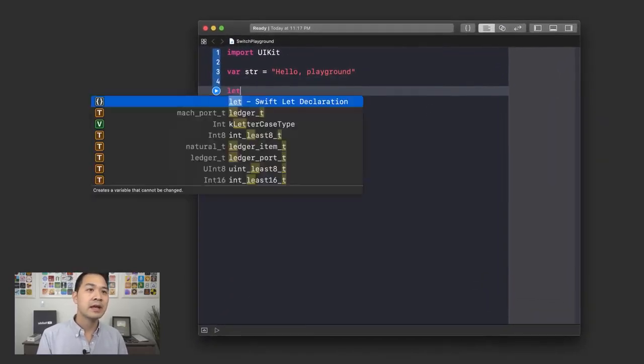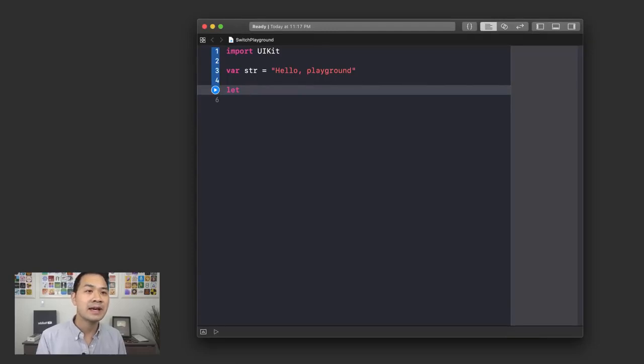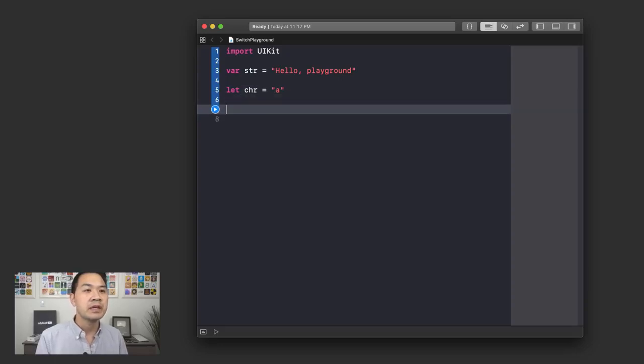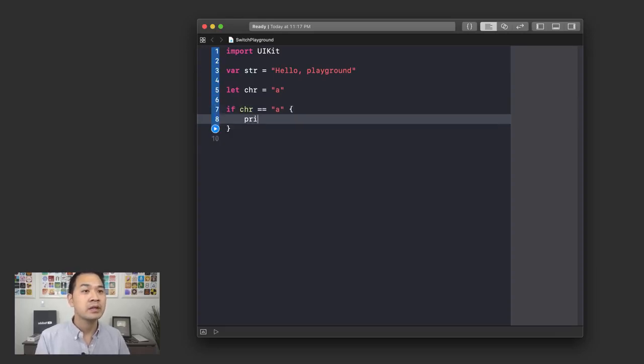All right, so I'm going to declare a new constant here, and let's say that this is a character. So why don't we call this A? And we'll assign it A. Or let's call it character. Let's call it CHR. Now, if I wanted to test this constant and see if it was equal to A, I could do something like this. If CHR is, remember we use double equal sign for testing equality, I could print